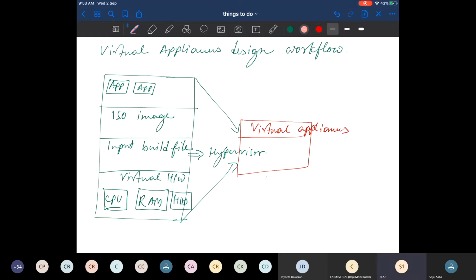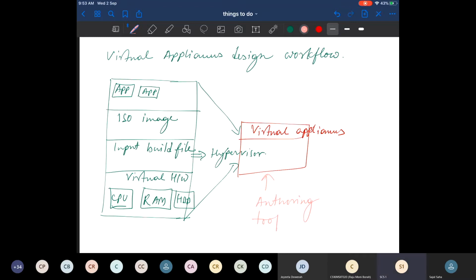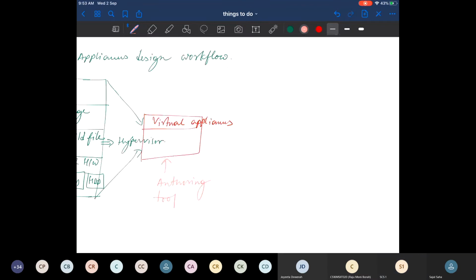You are using some authoring tool. So in this case, what authoring tool did I mention to create the virtual appliances? Can you tell me what authoring tool I have mentioned to you? VMware Studio. Yes, VMware Studio.